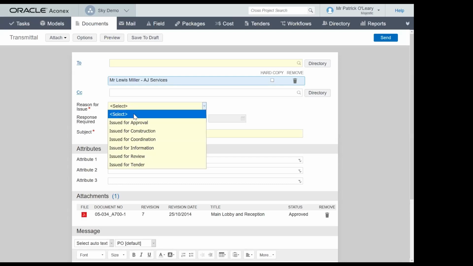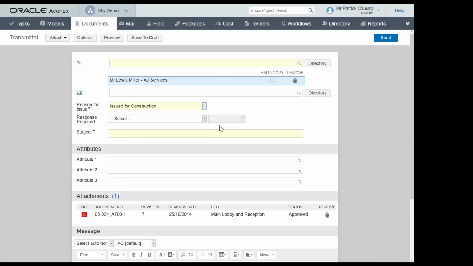And then call it issued for construction and sizing specification. And then you send it.